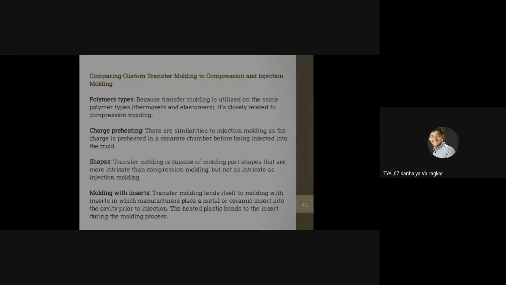Okay, then the shapes. As we are putting the material by using the sprue mechanism, and the size of the sprue is very small, any kind of intricate shape you can easily obtain by using transfer molding. But if there is a large size component having less complicated shapes, then compression molding is preferred. Whenever complicated or intricate shapes are there, transfer molding is preferred over compression molding. And inserts, we discussed, are possible with transfer molding rather than compression molding.